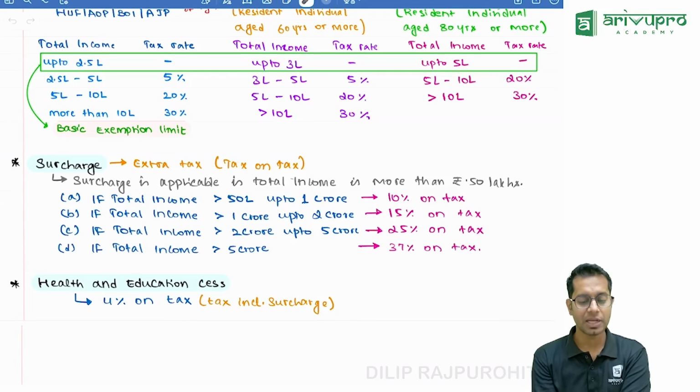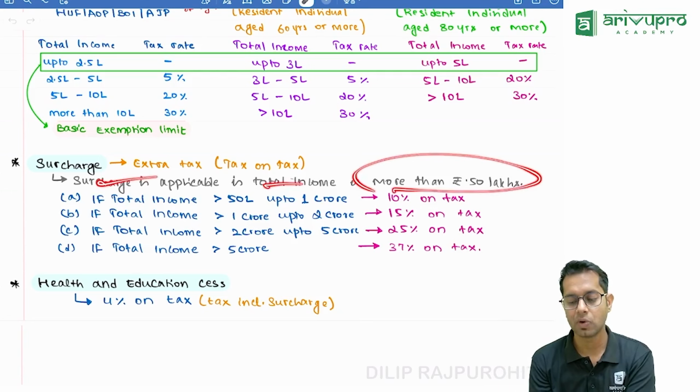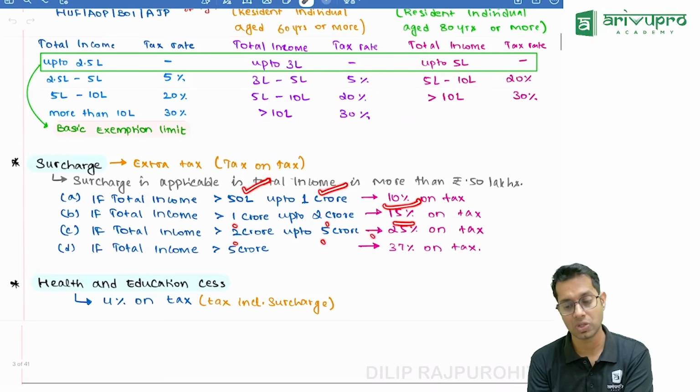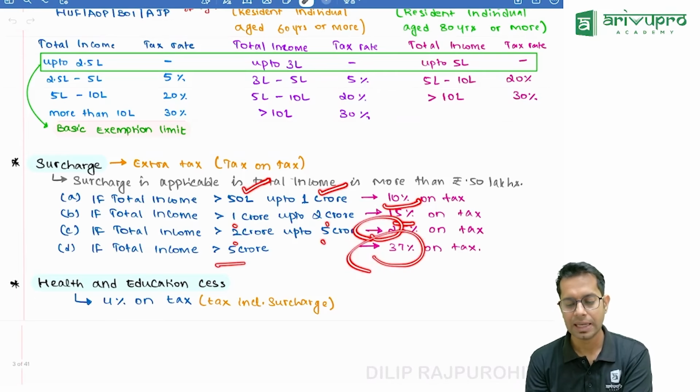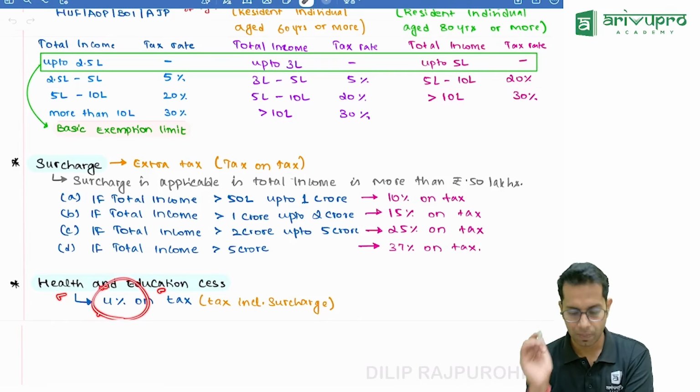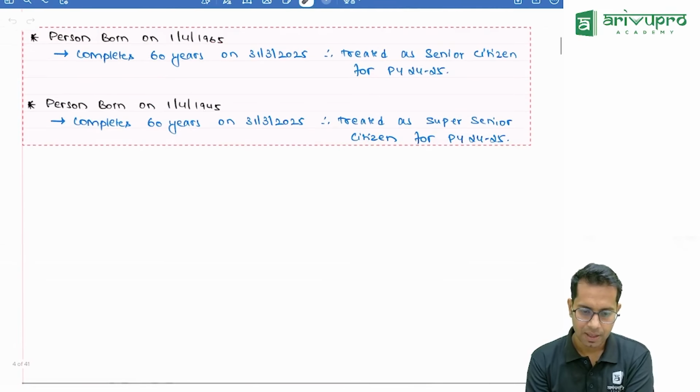Yeah. When is surcharge applicable? Surcharge is applicable if your total income is more than 50 lakh rupees. But anyways, there is no change in this surcharge limit. Up to more than 50 lakhs, up to 1 crore, it is 10%; 1 to 2 crores, 15%; 2 to 5 crores, 25%; and more than 5 crores, 37%. This is under what regime? Optional regime. Health and education cess also will have to be paid, up to 4% of tax.